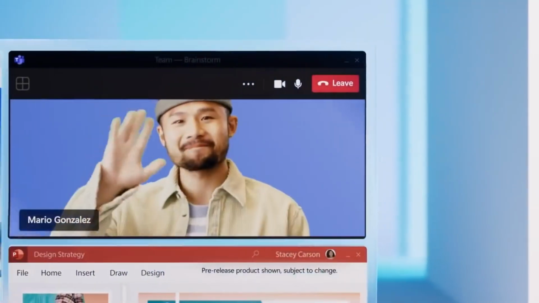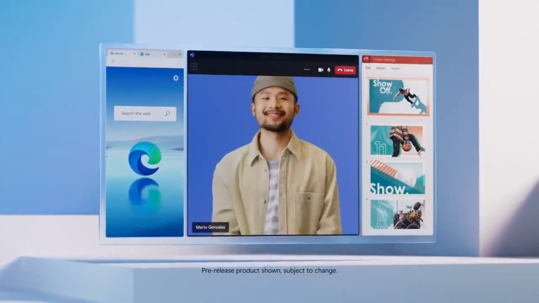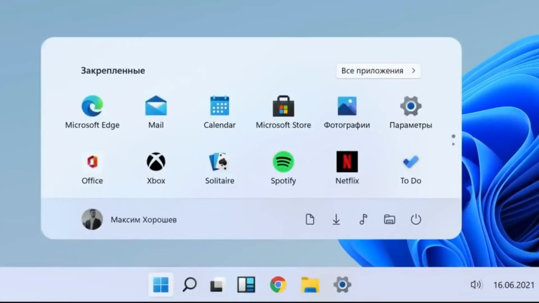I've decided to create a guide that will help you choose the best Windows version for your PC, ensuring optimal